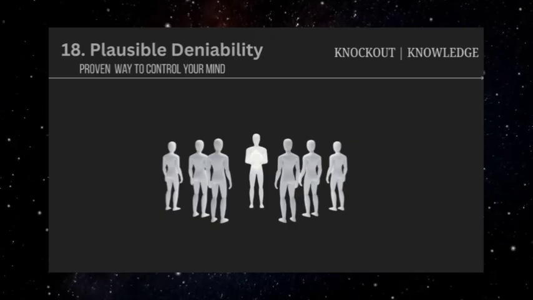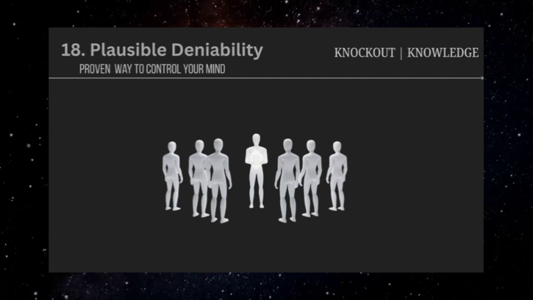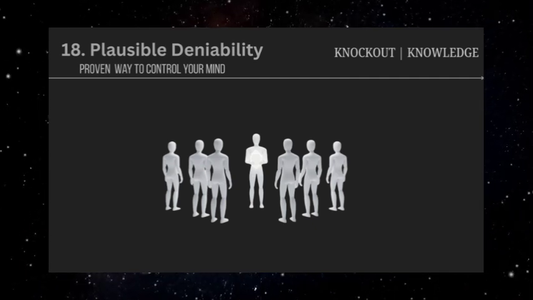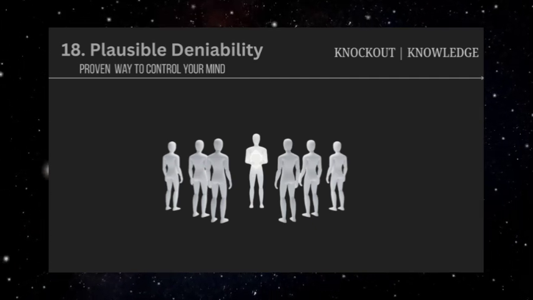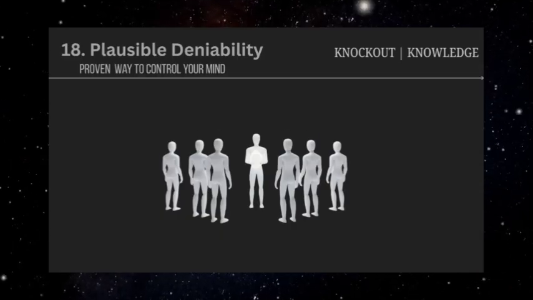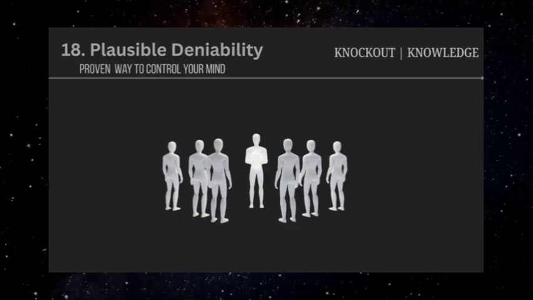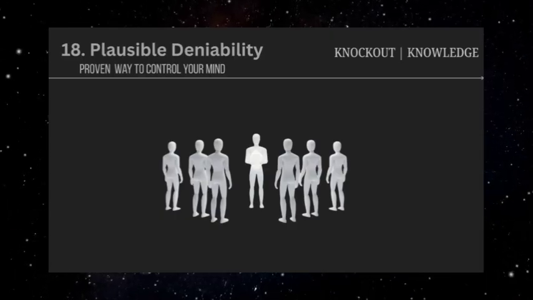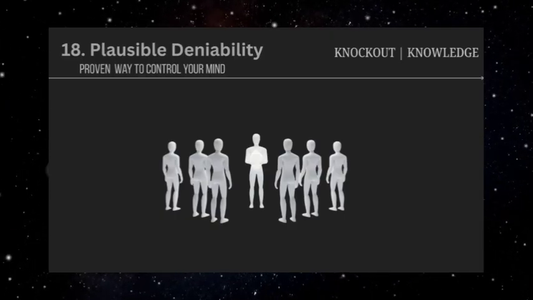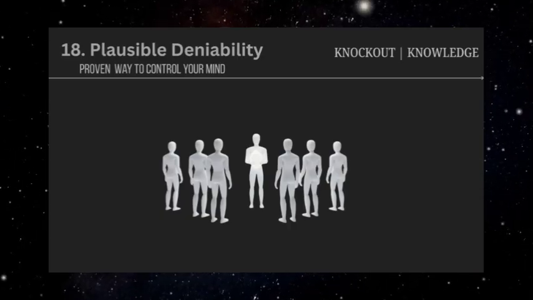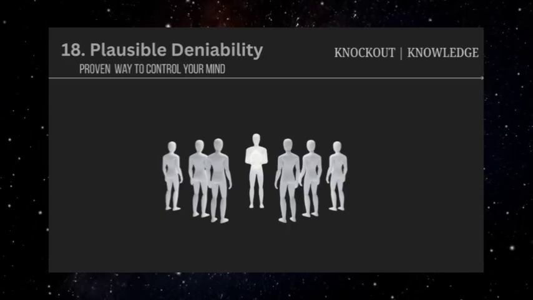In personal relationships, plausible deniability might involve making hurtful comments that can be explained away as jokes, misunderstandings, or innocent observations. "I was just kidding, you're being too sensitive," or "that's not what I meant at all," become standard responses to any attempt to address harmful behavior. The manipulator creates just enough ambiguity that their targets begin to doubt their own perceptions.